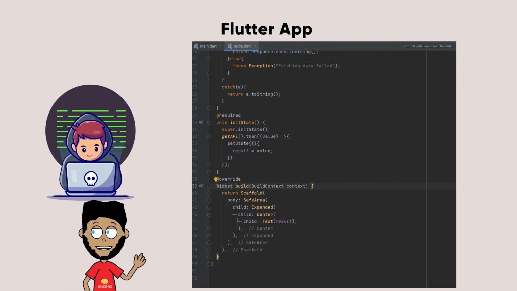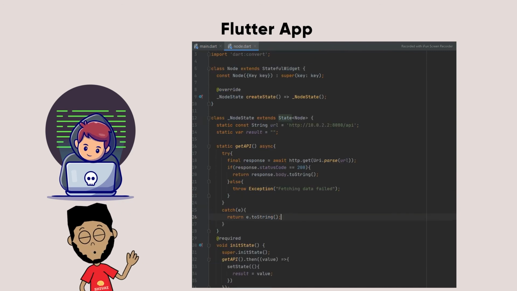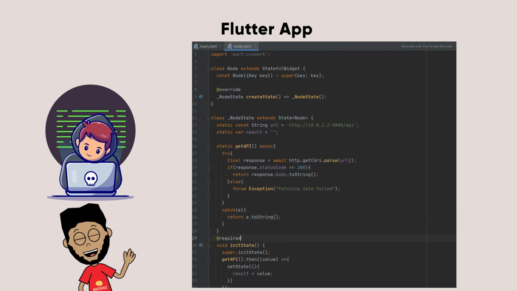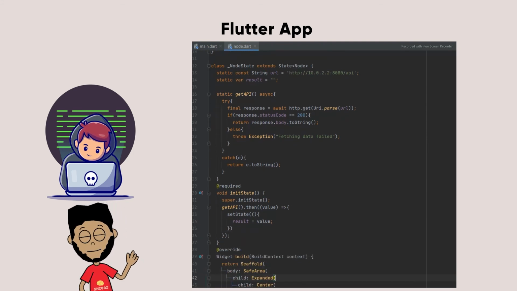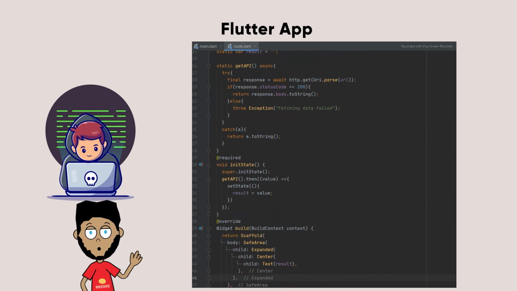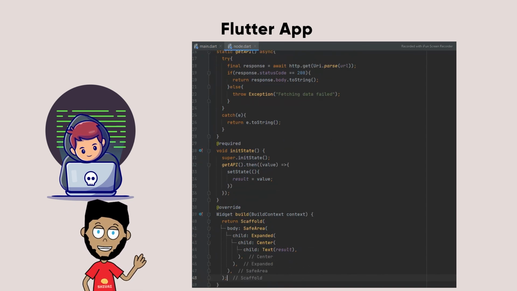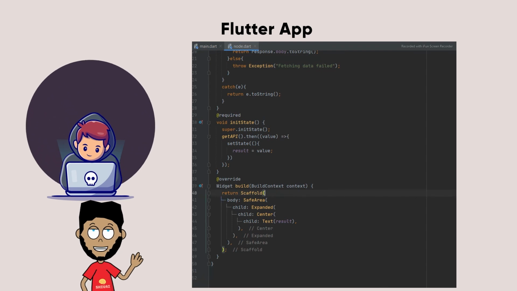If the function gives no error, we will see the text API in our application after data retrieval, or if an error happens, then it will show fetching data failed, as it's in the try catch block. So yeah, that's it.